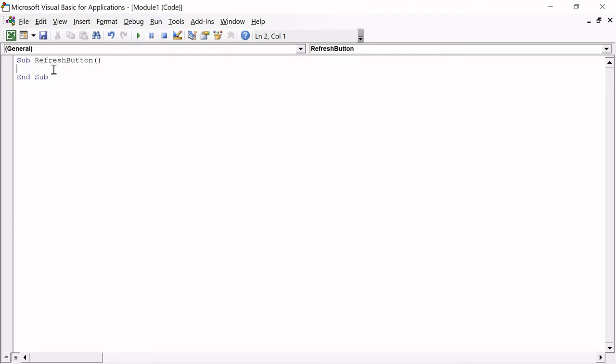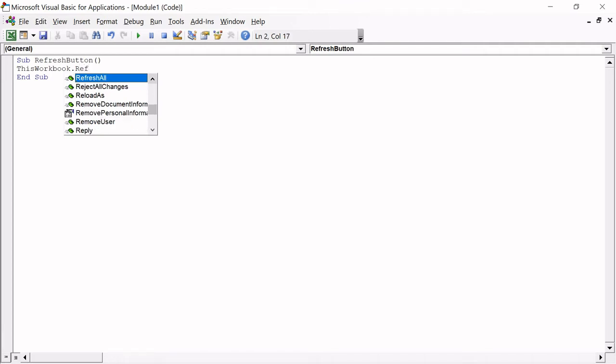The code option is starting already with a sub refresh button, because this is the name that we gave to our function, and now we just need to write a simple code. We want to refresh all the pivot tables from this workbook, so we will start with the location. So we have this workbook, and after we add a dot, you see that an open window appears at the end of our text, and we can start to look for a refresh, or we can simply continue our writing by select